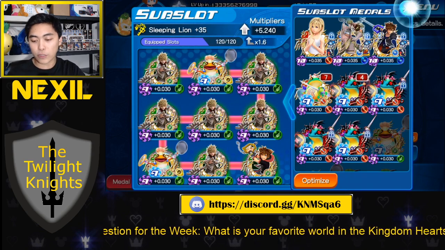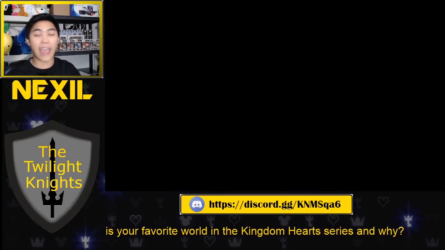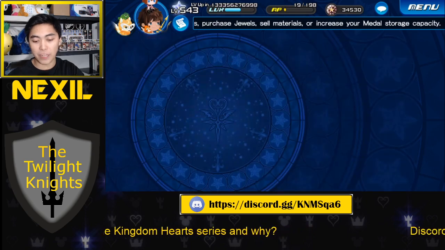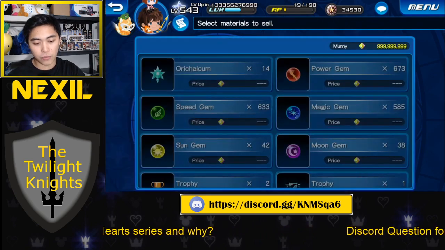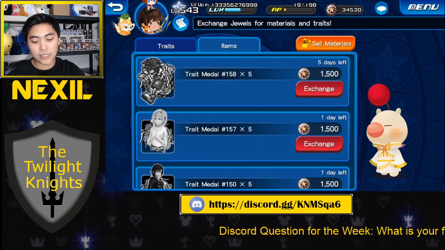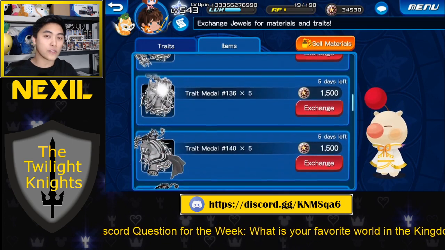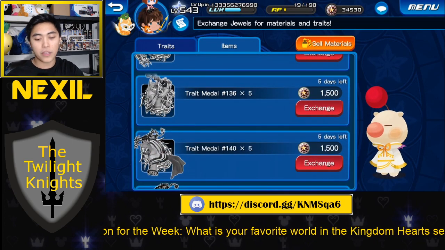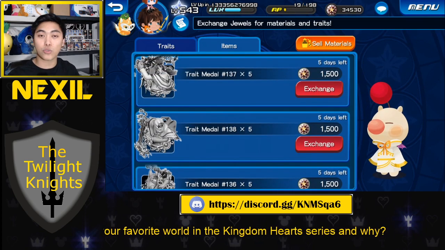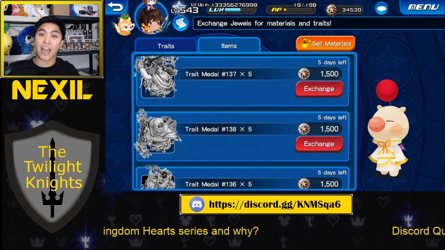Talking about the Foretellers a little bit more before you pull. Keep in mind that they did bring back Avatar Boards, and in the Moogle shop, they have traits available to be purchased. So, wait, that's not what I wanted to look at. Looking at the items here, you can see that they did bring back the Foreteller one. So in case you pull the Foretellers and you don't have traits for them, you can buy some traits here for the low cost of literally 1,500 jewels, which isn't a lot considering that a normal Mercy is 15,000 jewels